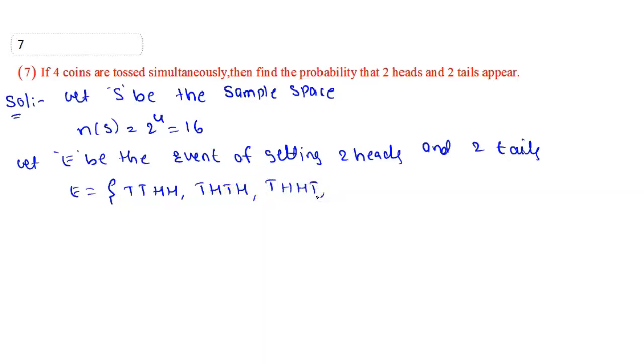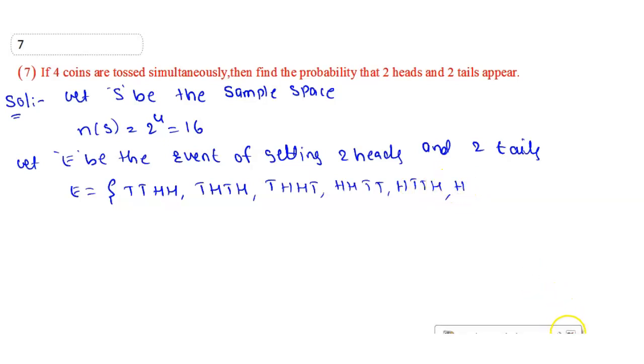THHT, right? Next, HHTT, right? Next, HTTH. Here how many? 1, 2, 3, 4, 5. Next can be written as